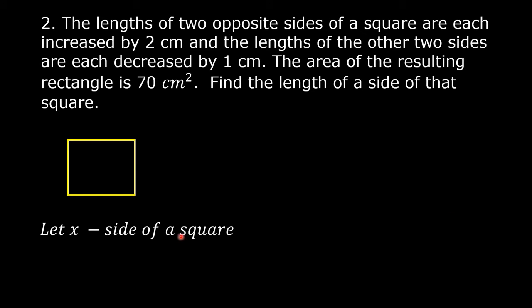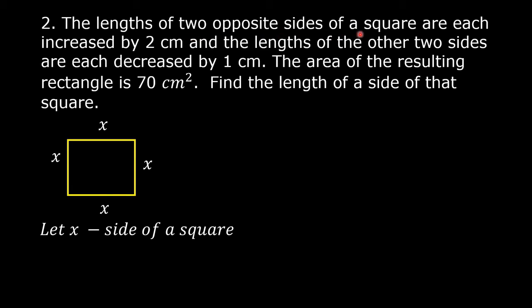Let us represent a side of a square by x. Let x be the side of a square. So if this side is x, then the opposite side is also x. This is also x, and this is also x. The problem says